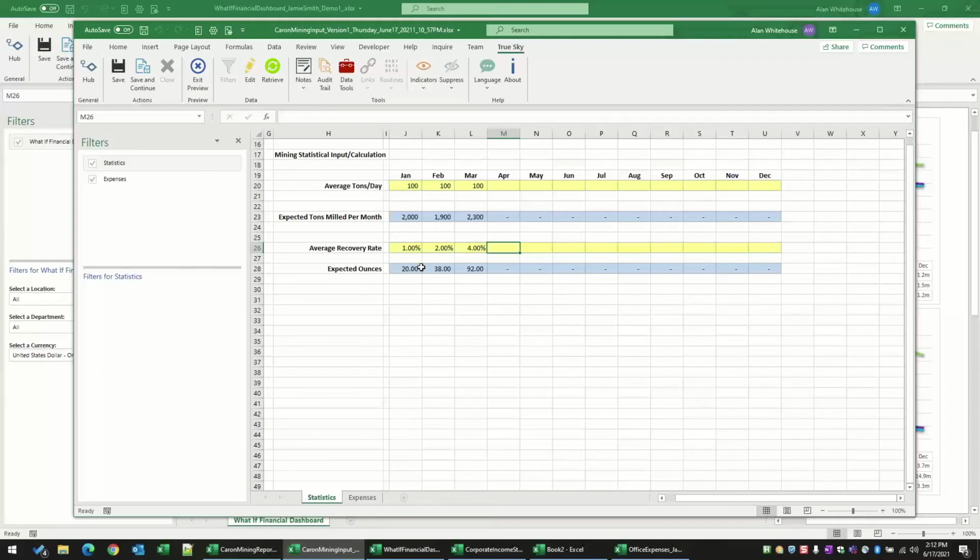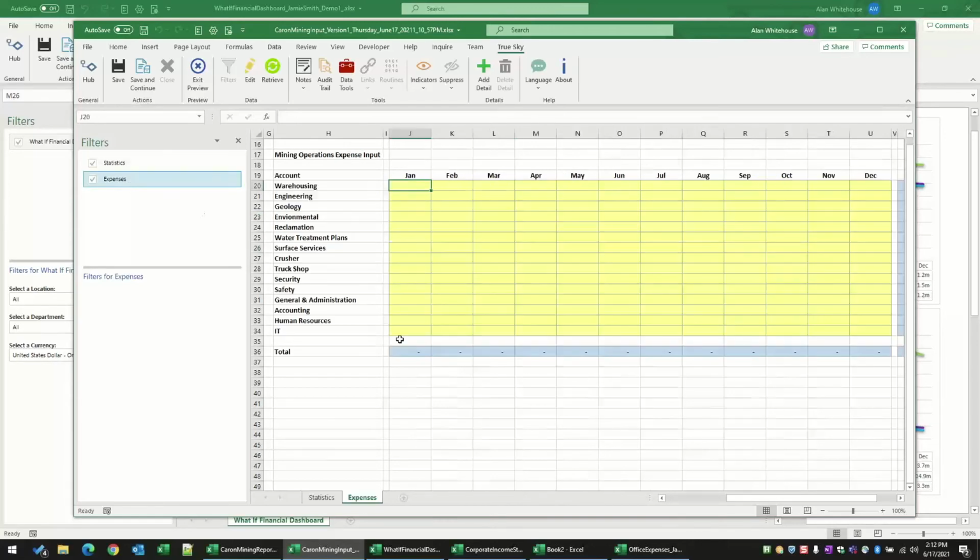Now we can also pull in actuals. So if you've got actuals in any electronic source, or people want to, worst case, type them in, we can pull them into True Sky automatically. That's the statistical side. Now there's also the ability to do